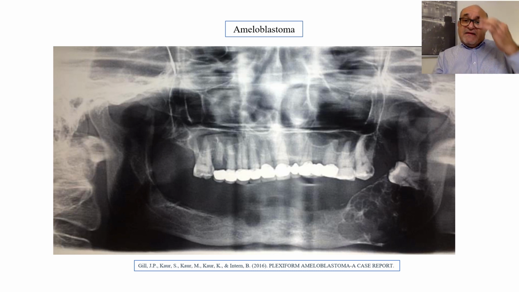Males seem to be more affected than females. The lesion tends to affect the mandible, in most cases the posterior border of the mandible, associated with third molars, and the lesion would assume the multilocular appearance. In some instances, it would appear as a unilocular lesion. However, the typical appearance of these lesions usually would appear as multicystic,